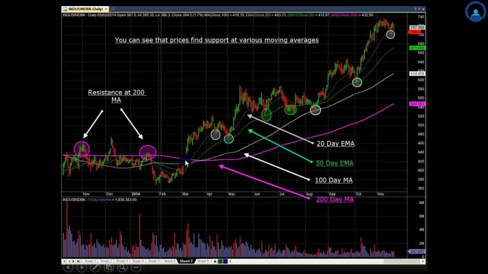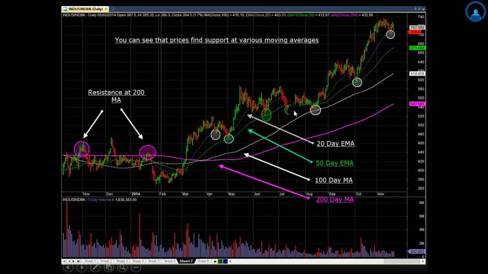Finally in March, it broke above its 200-day simple moving average, surged higher, reacted, came down, found support at 20 EMA but could not make a new high, came down, found support at 50 EMA, made a new high, started retracing lower, respected the level of 20 EMA, reacted positively, broke down but found support at 50 and changed its direction, came down,